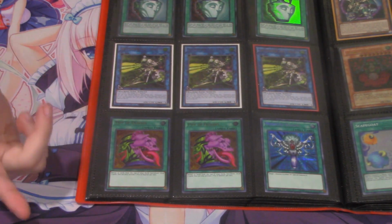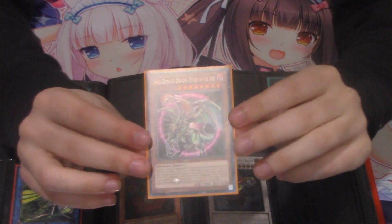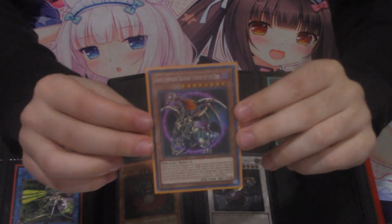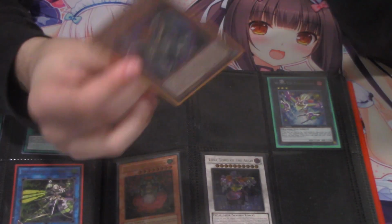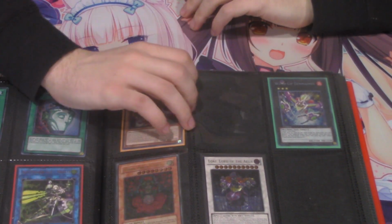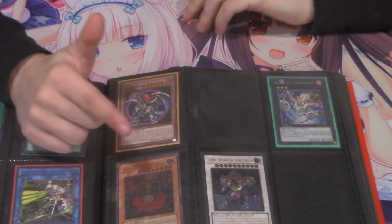Pod Desires here, just so I can play with my Prismatic here. This is a collector's rare Chaos Emperor Dragon. Either me or my girlfriend at the time, now fiance, pulled it. I'm not really too sure, but really happy I kept this. This is unlimited, but it looks cool for 85, you know, whatever. I'm just happy I pulled it. It was a really great day. I'll keep it. Then I thought about selling it, and then they jumped up, so I was happy I didn't